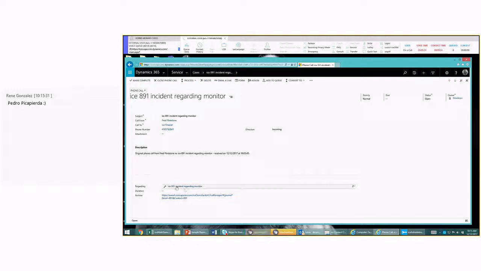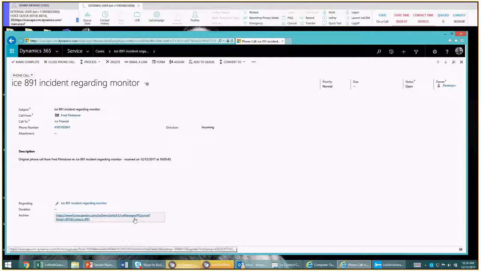Regarding, so this is a link to the ticket that was created. And here is that URL to the call recording. Okay, and we're able to embed that link directly into your ticketing application if you want. So this URL, if I click on it,